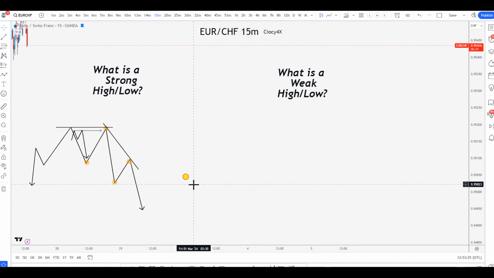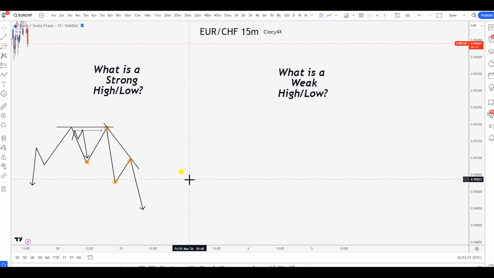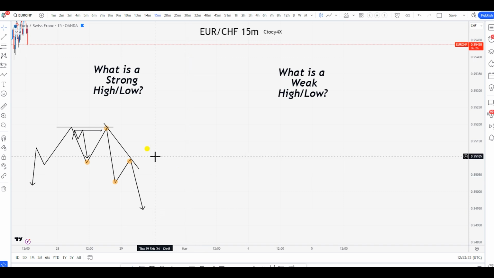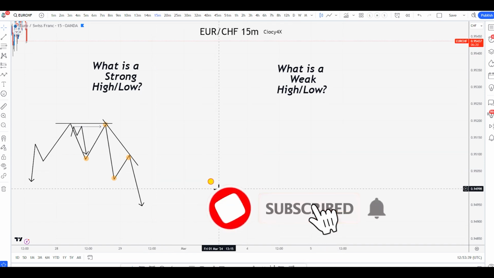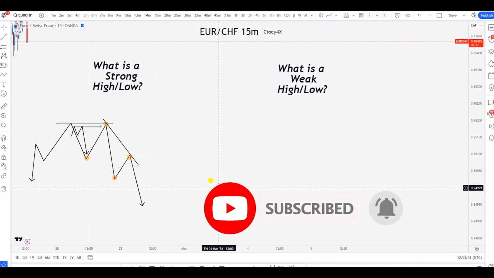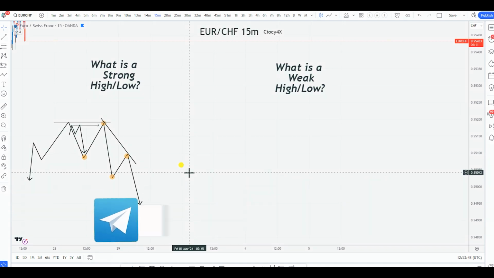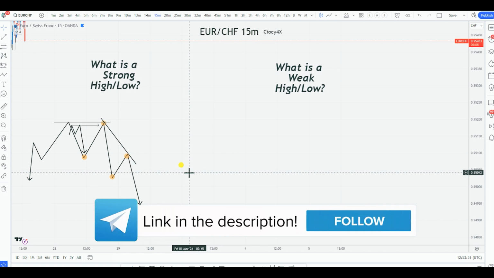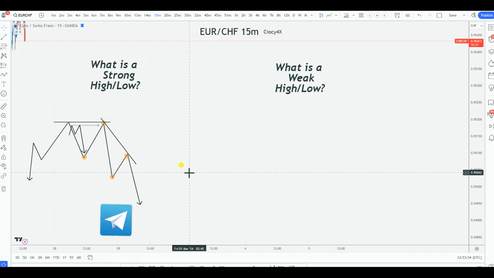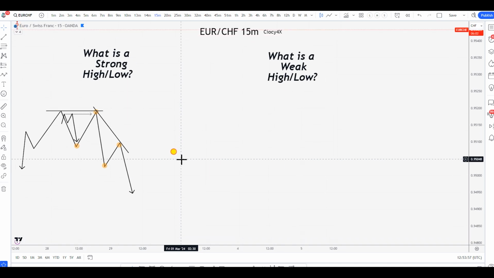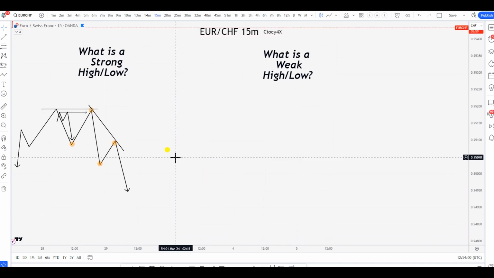Now, this is literally the very wider view of what I just shared over here, right? It is literally the wider overview of what you can see, the different type of people telling you about a strong high and weak low, weak high, whatever. Now I'm going to be showing you that on the chart with a few examples so that you can blend that better. In my opinion there is only one thing that you should be caring about, okay? And that defines your strong high and your weak low, weak high. And that one thing is literally the understanding of order flow. That's it. That's all you need to understand what is a strong high, what is a strong low, what is a weak high, what is a weak low.